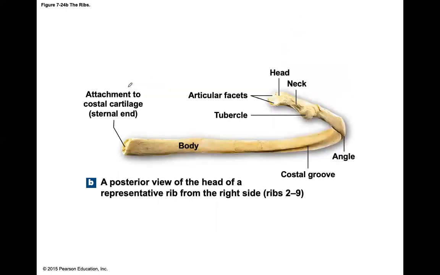Okay. When you look at the rib, again, from another view, here's the head, here's the neck, and here is the tubercle. Here's the angle, and these are articular facets. Okay,